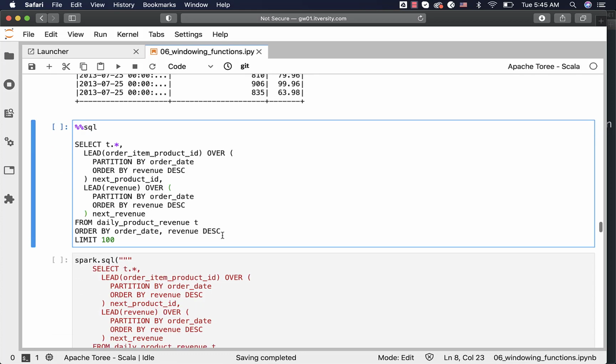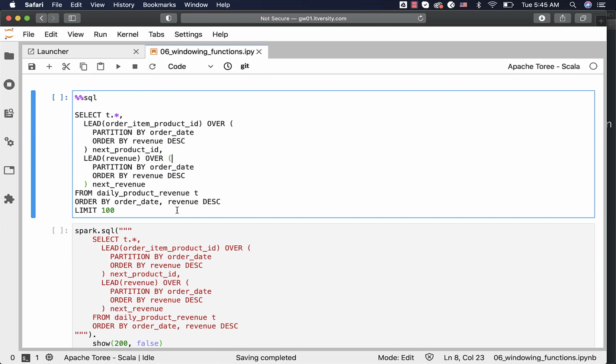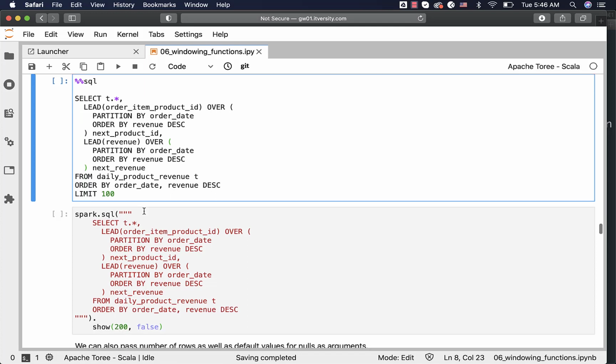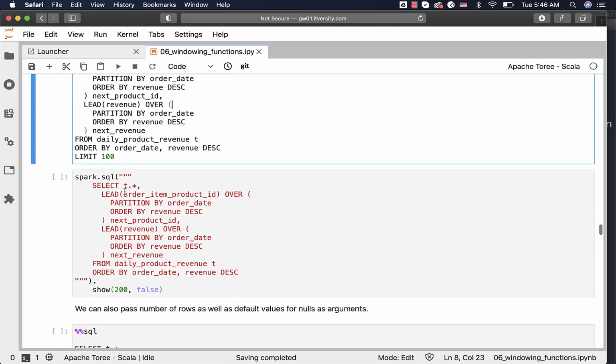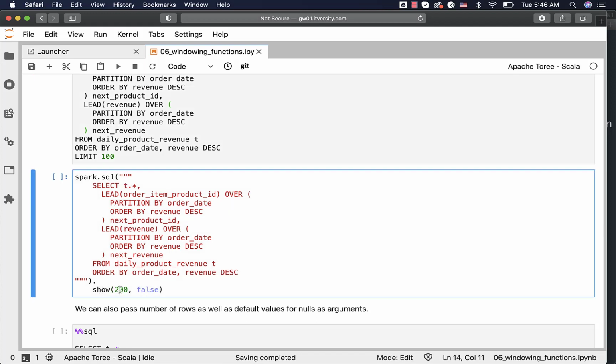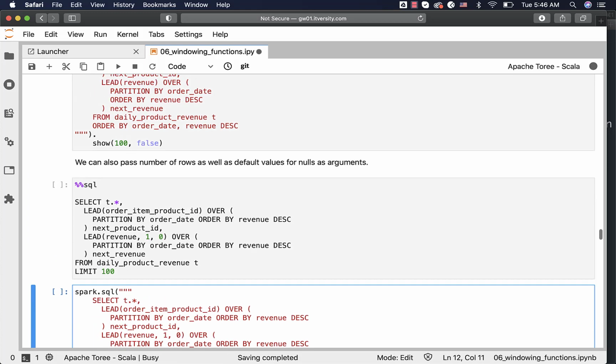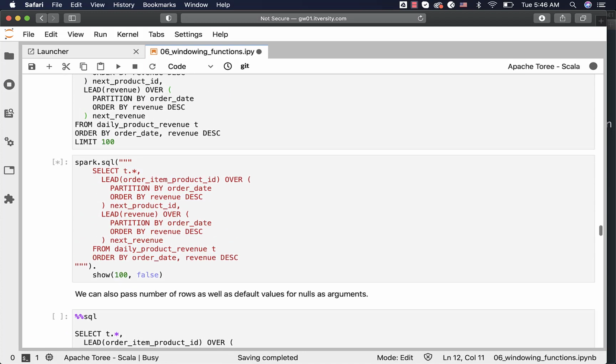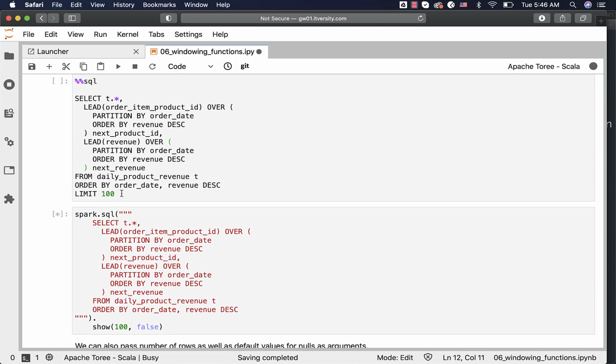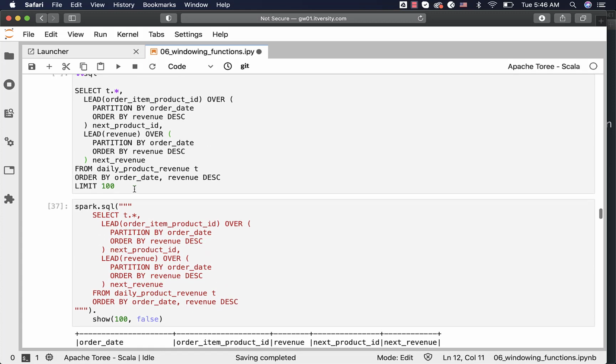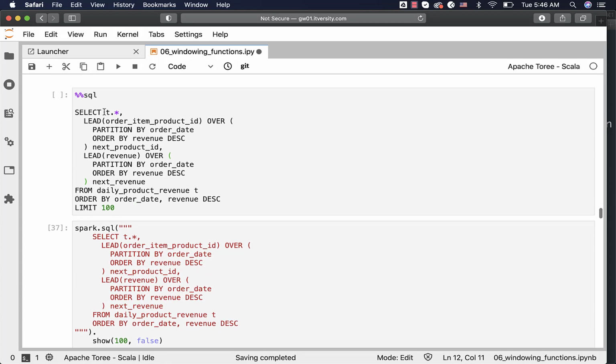Now let's run this. As there is a limitation with Jupyter where it will be displaying only 100 records when we use SQL Magic for whatever reasons, I am using simple Scala code here with the same query. Only difference is I am saying spark.sql and I am passing the query in triple quotes, and then I am saying show of 200 comma false, or let's say 100 comma false. So it will only display 100 records. Then we will be validating the results. This query also will give the same data. However, it will only print 10 records because of the limitation with respect to the Jupyter while running SQL Magic.